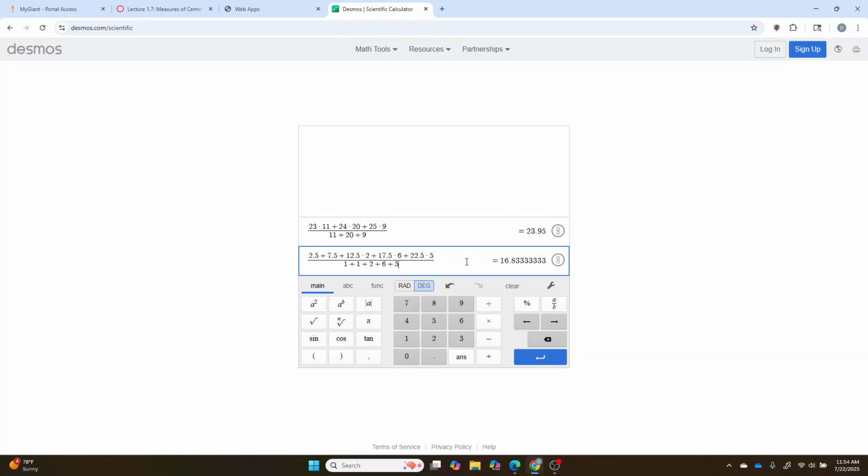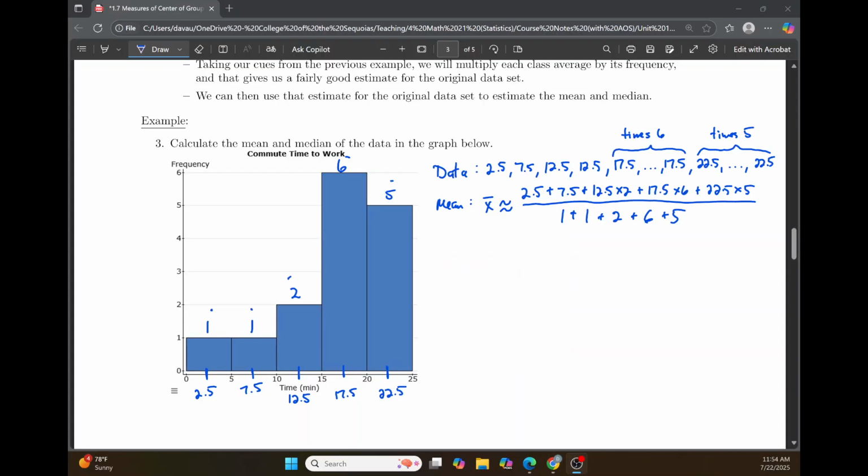And there you go. If we round this off to one decimal place, we would say it's about 16.8. And then as far as the median is concerned,